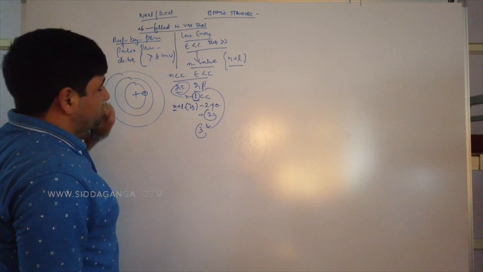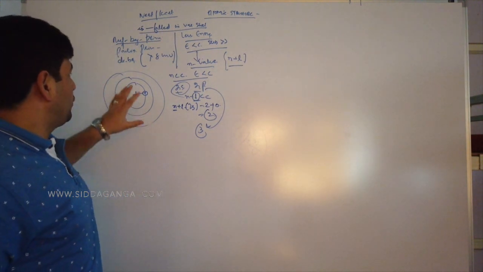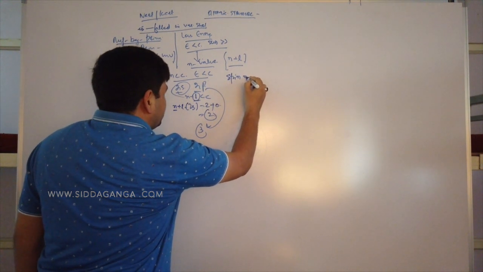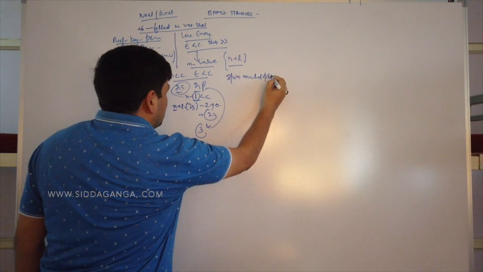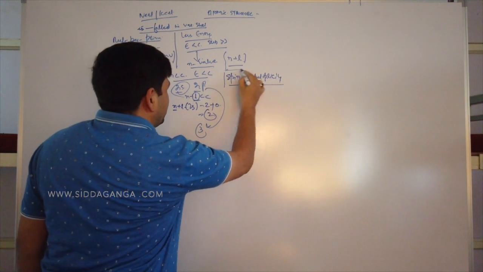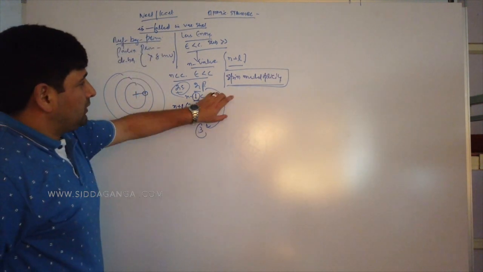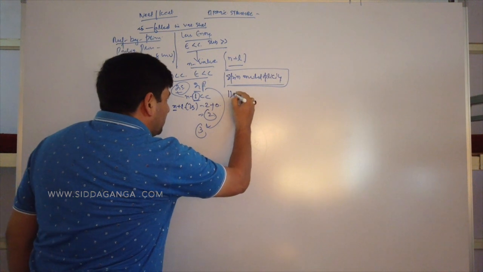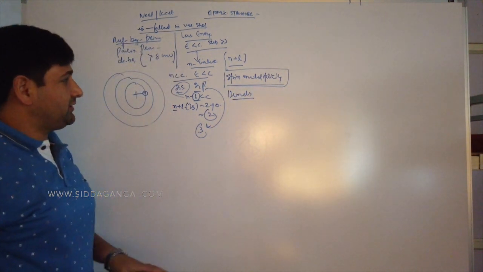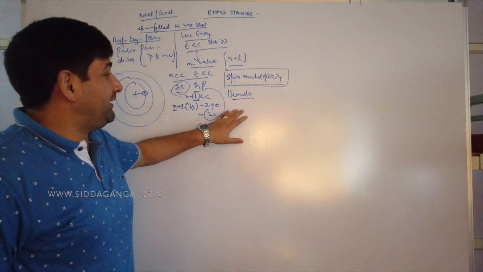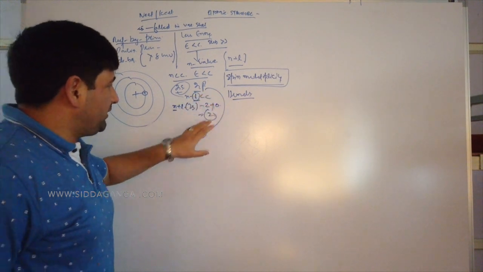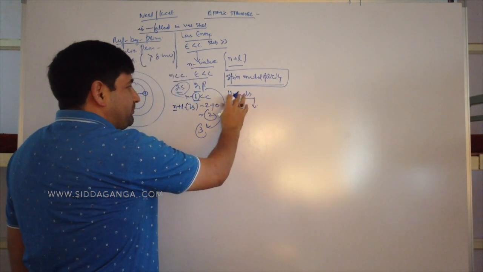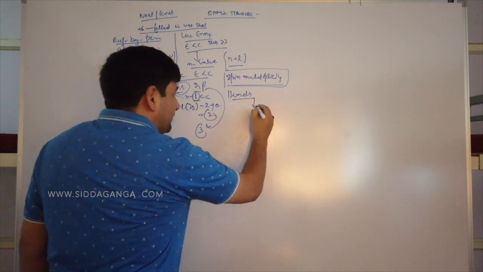These are two important things that you need to understand in this discussion that I am going to start with, which is the concept of spin multiplicity. This needs to be understood very carefully and clearly. Now, when you look at statements like Pauli's principle or Hund's rule, what does Hund's rule state? That pairing does not take place unless all the available orbitals are singly occupied. One important misconception regarding this concept is that when we define it, we say pairing will not take place unless all the electrons are singly occupied, but the condition is all